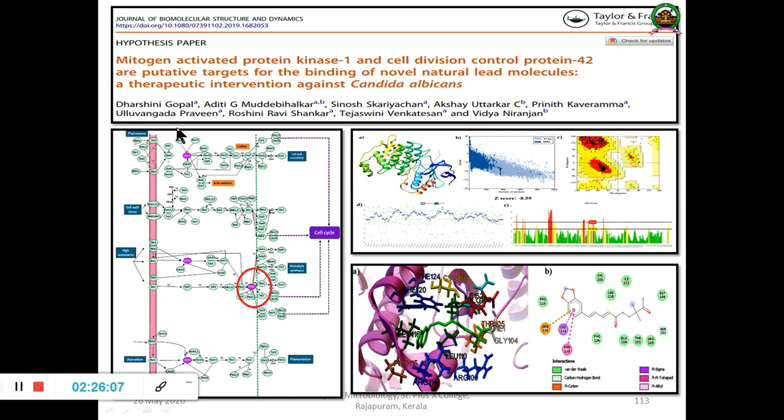Then again, very recently, in the fungal yeast Candida albicans, the mitogen activated protein kinase COG1 gene and cell division control protein CDC42 are the putative targets for a natural molecule. There again you can see we have created the network. You can see the 3 important targets that play a central role, interacting with many proteins. Obviously if I block this particular protein, I can come up with a drug